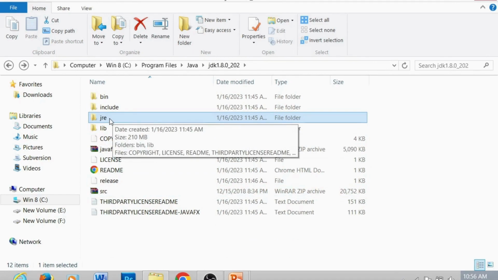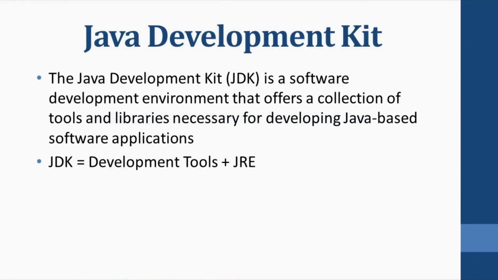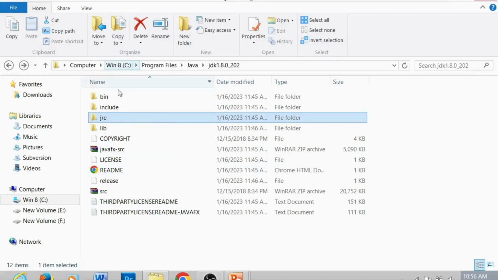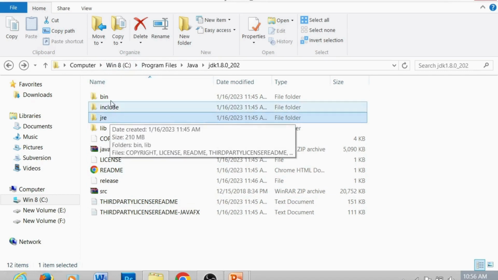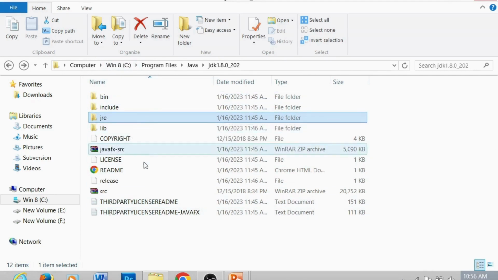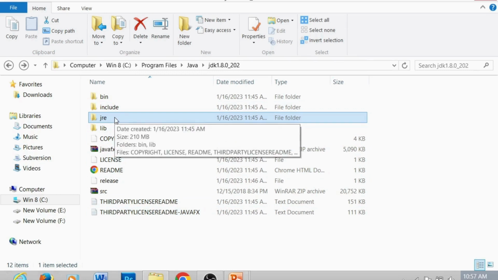What I said, you can see here: JDK equals development tools plus JRE. So this is what it has, a lot of development tools plus JRE. You can see bin, and these are all the tools. Bin includes libraries and some of these files, with JRE equals JDK.